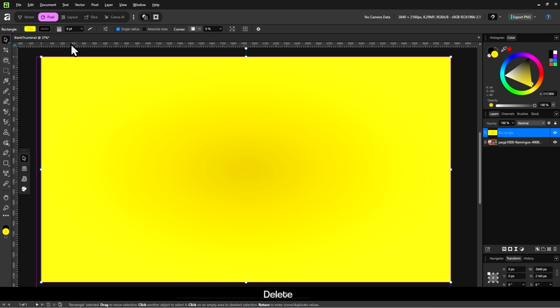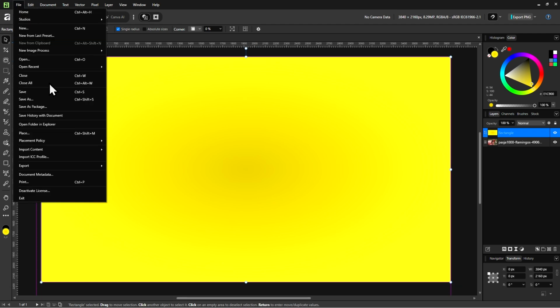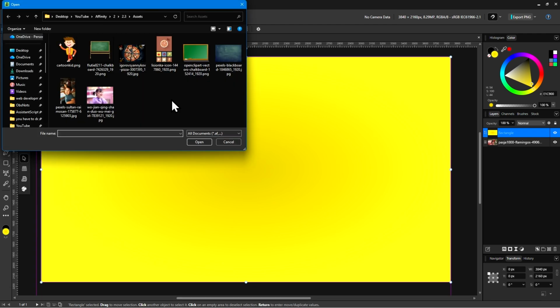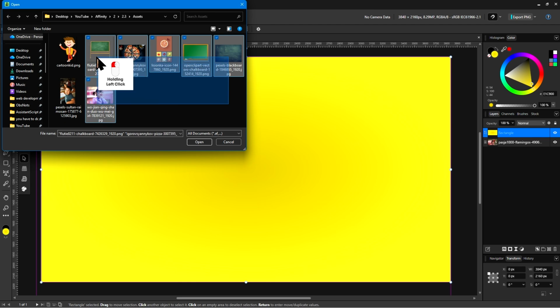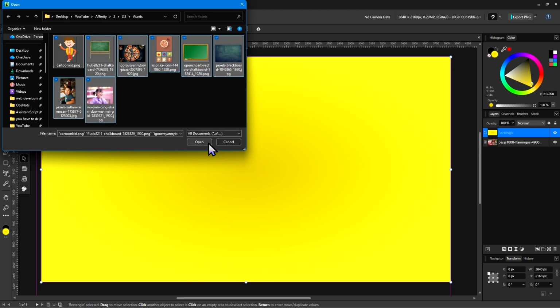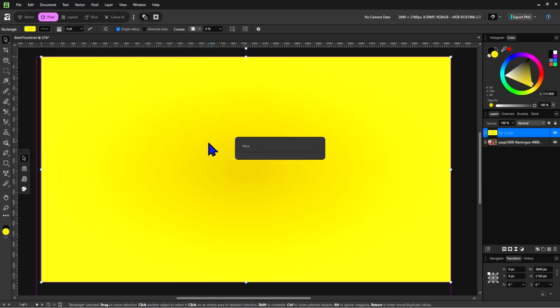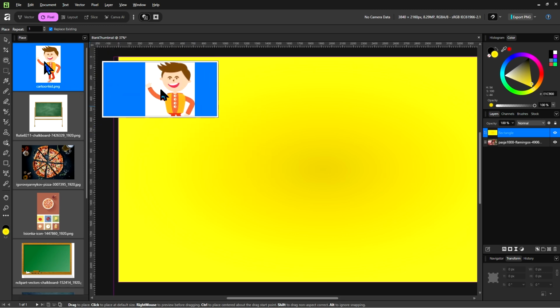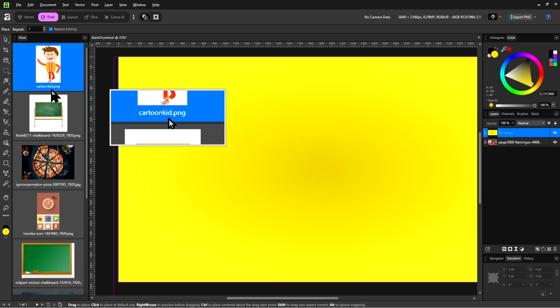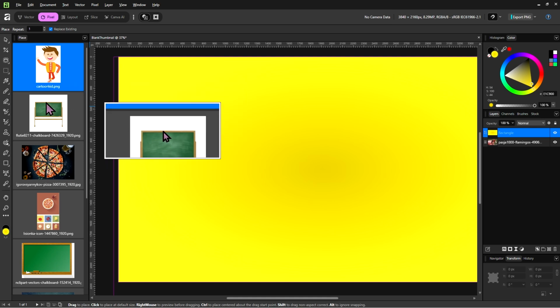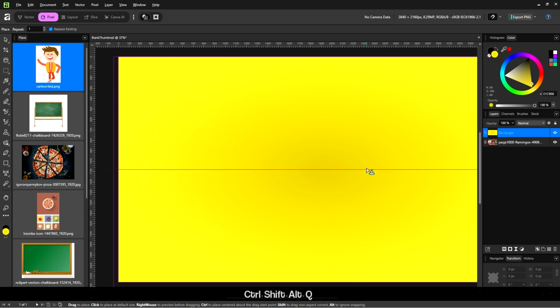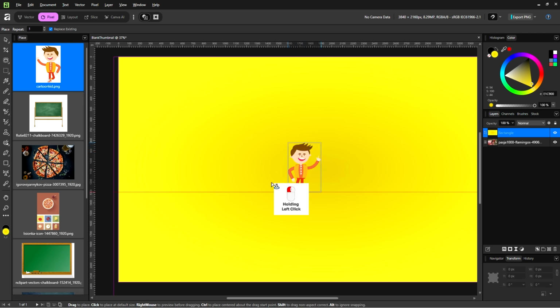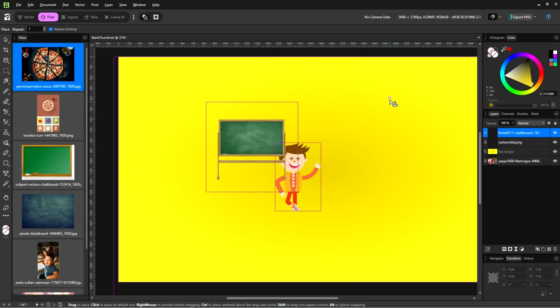Now, we have been placing only one image at a time into this Affinity document. But we can actually select multiple images, click open, and then it's going to give us this place panel here, which will have all the images that we selected, and we can actually place them one by one, like that.